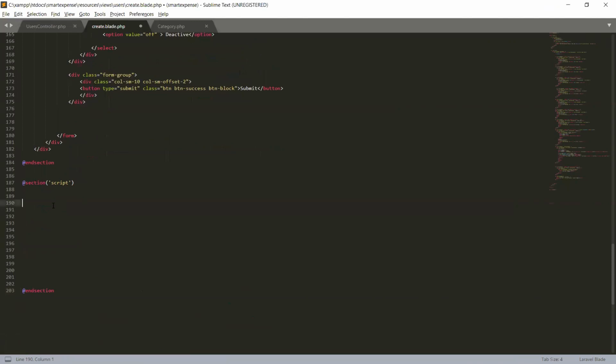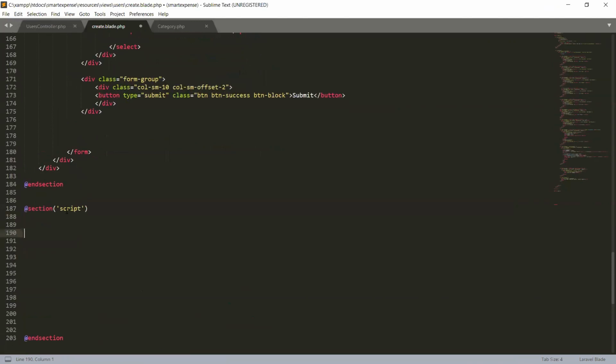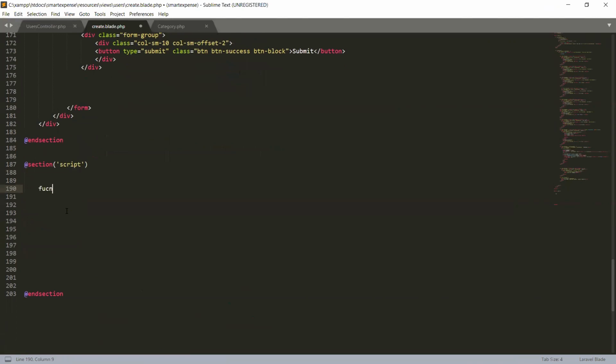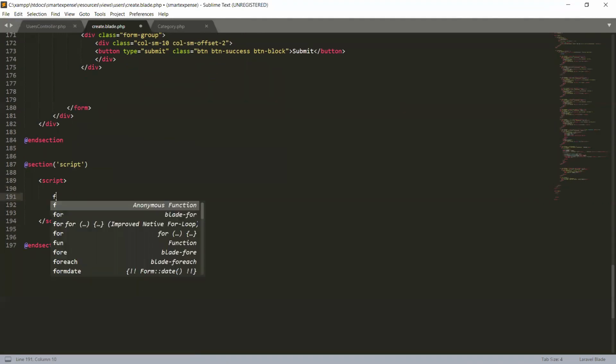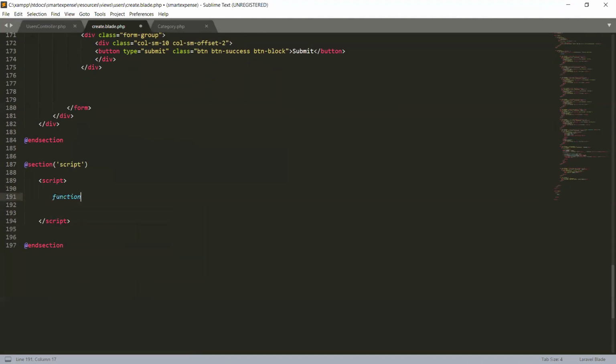In this section, let me increase the size. Sorry, before creating a function, we need to create a script. And in this script, a function is accessibilities,